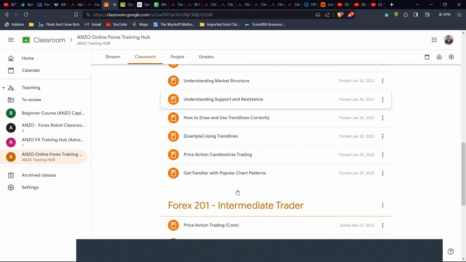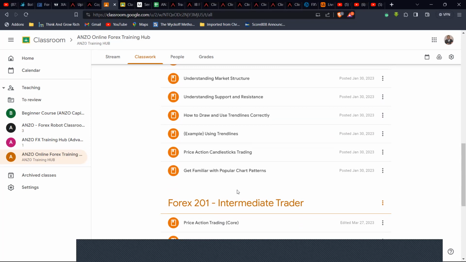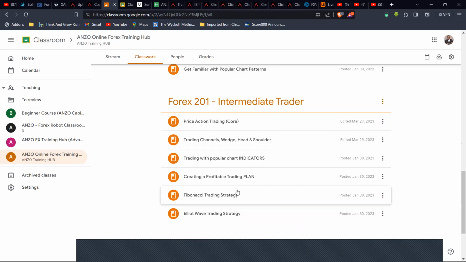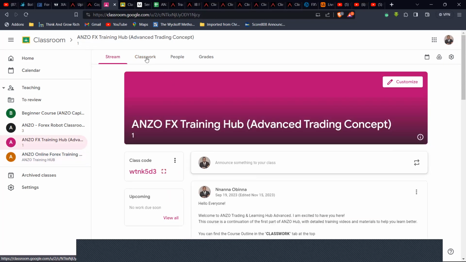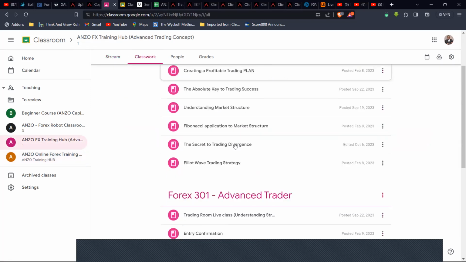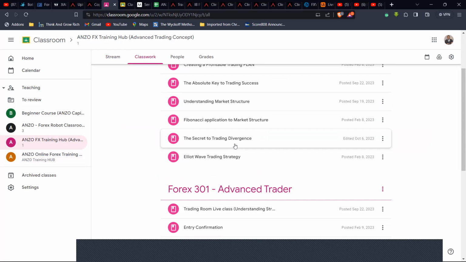Now, most people already have an idea behind trading. They already understand what MT4, MT5 is, and you want to basically enhance, you want to learn new systems or new strategy, you want to learn how to build a profitable trading plan, then you start to move into the intermediate trader sections. And then we have the advanced trader class, where you now start to get into some real core concepts,